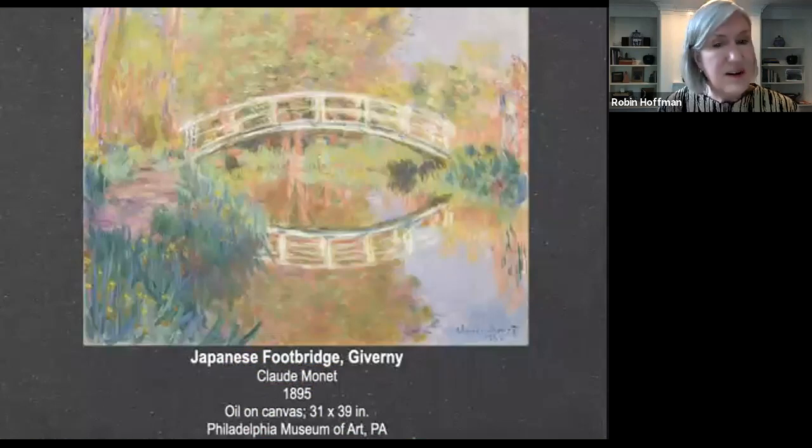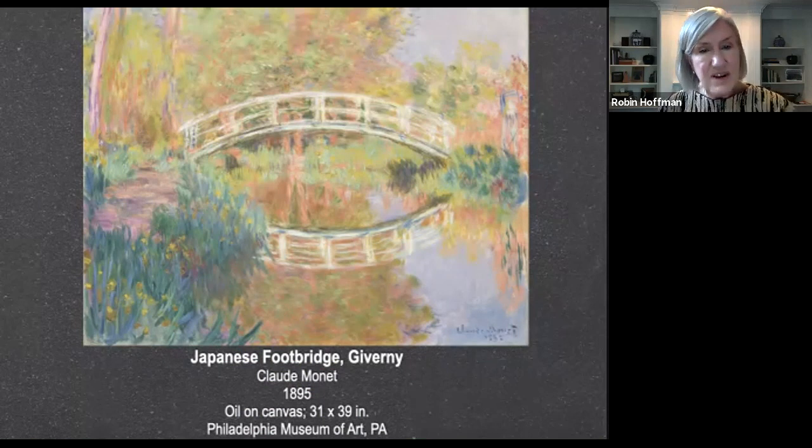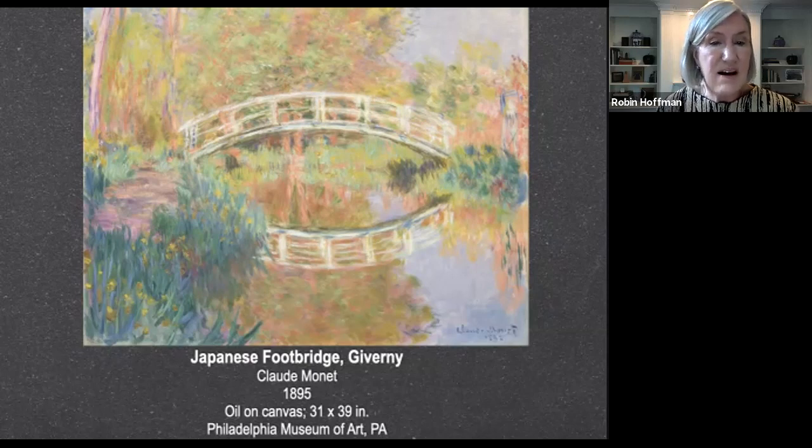Monet's lily paintings are on display at museums all over the world. I'd be amazed if you have not seen at least one of them. So 10 years after he originally purchased Giverny, Monet purchased more land with a pond nearby, intending to build something, in his words, for the pleasure of the eye and also for motifs to paint.